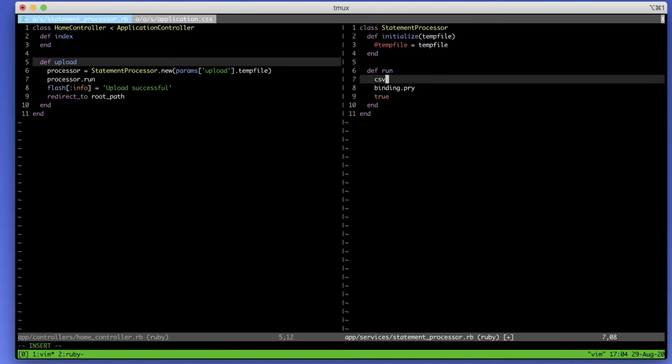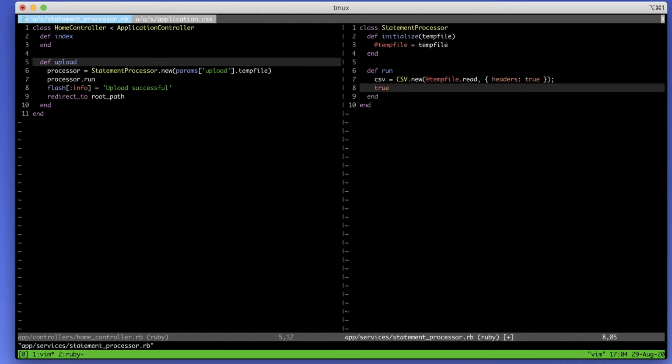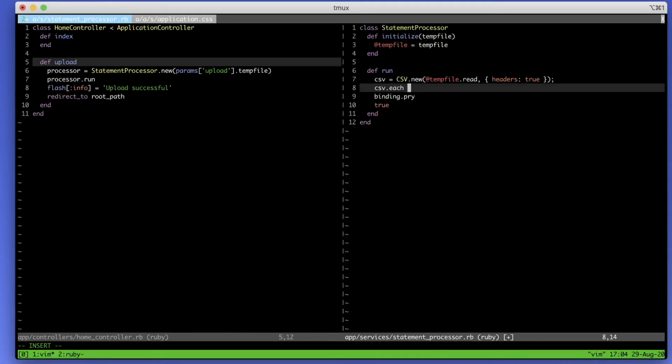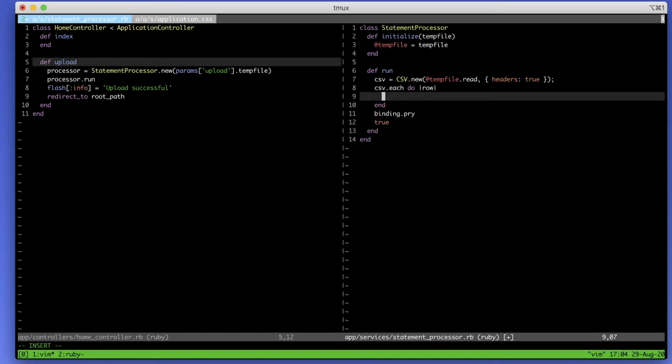I'm actually going to just put that code in here. And for our options, we're going to say headers true. Great. So I'm going to leave that binding.pry. We have a CSV. CSV.each. I'm pretty sure that's something I can do. Do row